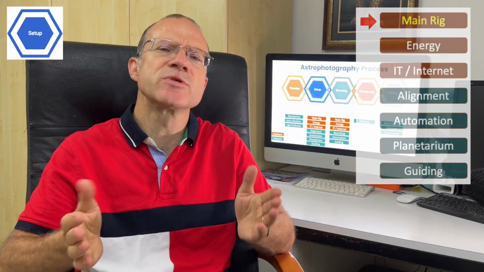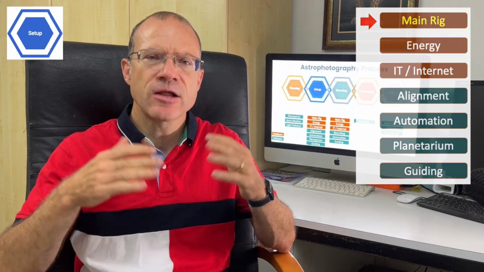This step starts with setting up our main rig. And with the main rig, I mean the mount, the telescope, the camera, the filters, and everything else that's connected to it. In a lot of cases, these things are already installed, so we only have to set it up. Sometimes we actually have to exchange parts, or based on that we actually move somewhere, we have to put more